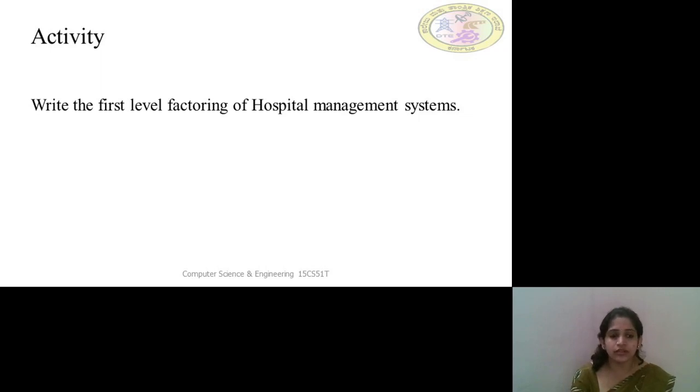The thinking may differ from person to person. First we should think about what the basic modules are that are required. As I said, login is a must, and we should capture the patient's information, and also maintain the database of the doctors. We should also generate the medicinal reports and the history of the patients. We should also maintain a separate module for the billing system.